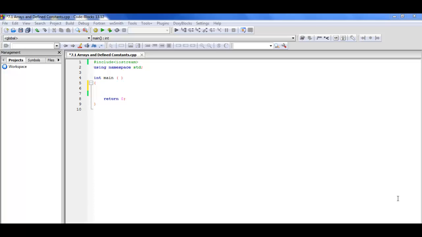In this lesson, we're going to modify the loops from the last program to allow a person to only partially fill an array. In the last lesson, we had the person type in exactly 10 numbers into the array that was in that program. And in this one, we're going to give the person the ability to type in up to 25 positive numbers into an array and indicate that they're done by entering 0 or a negative. We'll also show a use of a defined constant for the size of an array,